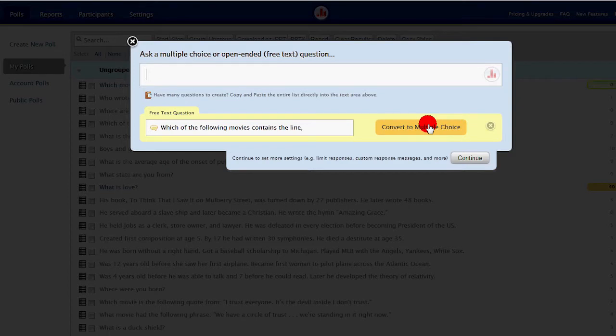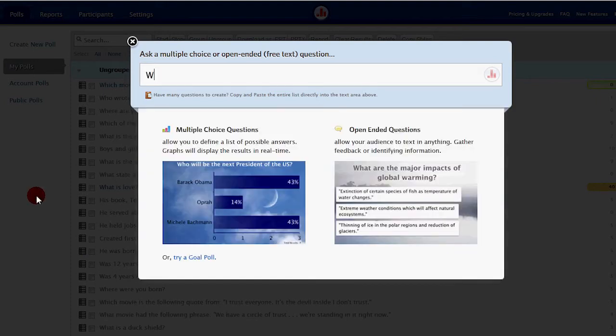Once you click the Create a Poll button, you are presented with this pop-up screen that invites you to write a question. I'm doing a Bible study on trusting God. I found this movie quote from a movie trivia website, and I want to get students thinking about trust, so I want to use it as part of an opening activity. So the first part of my question is, which of the following